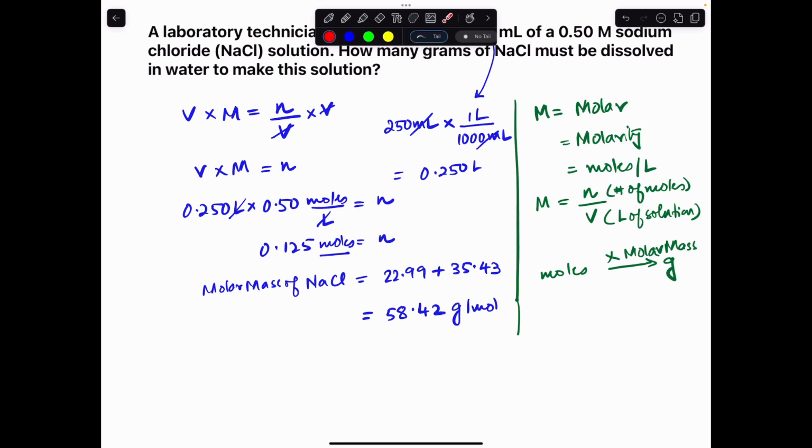Now let's apply the formula. Moles times the molar mass is equal to grams. So we take the moles, 0.125 moles, times the molar mass, which is 58.42 grams per mole,